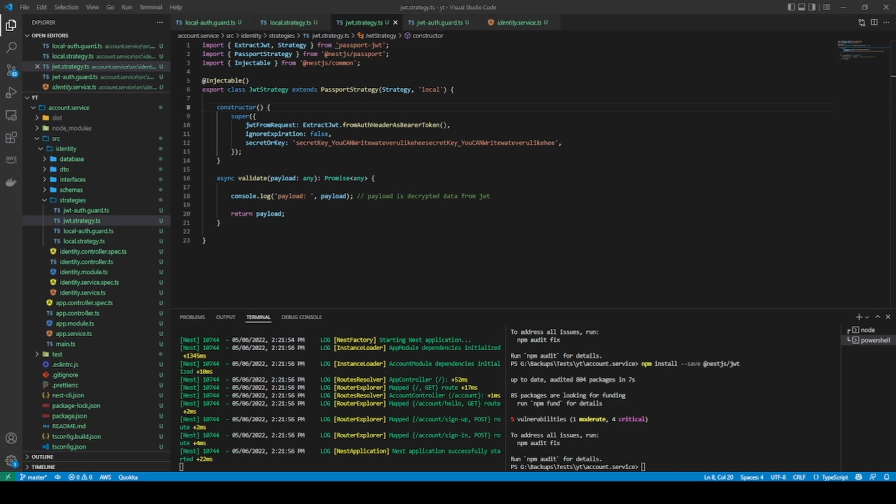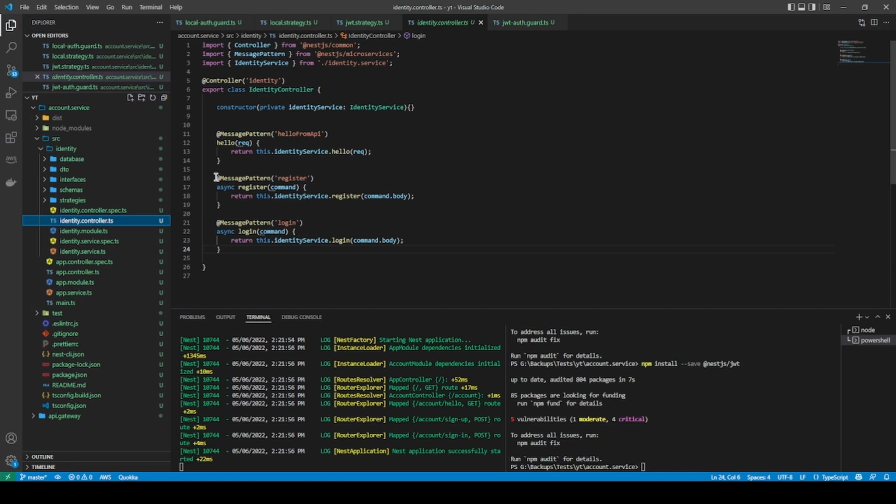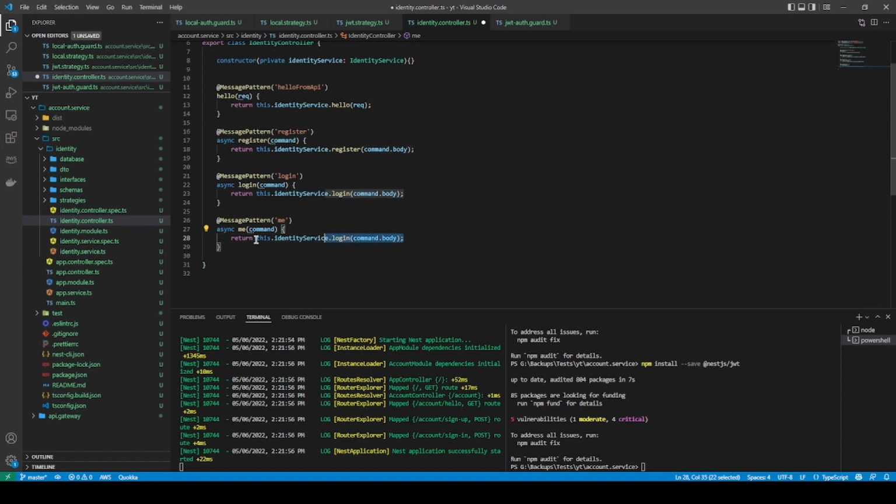What we need right now, what we can do right now, is check how we can use these strategies. We have local auth guard and JWT auth guard. In order to use them, as you remember, we had two methods called register and login. I'm going to add a new function called me, and it captures the command or request with the pattern of me and returns. We are not going to add it inside the service. You can add it, but here is me. Me will come with information, with the request will come the token, that command,